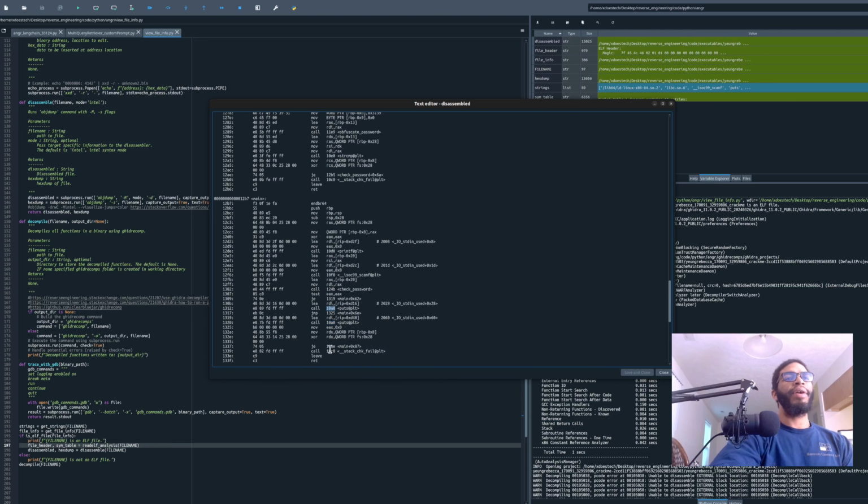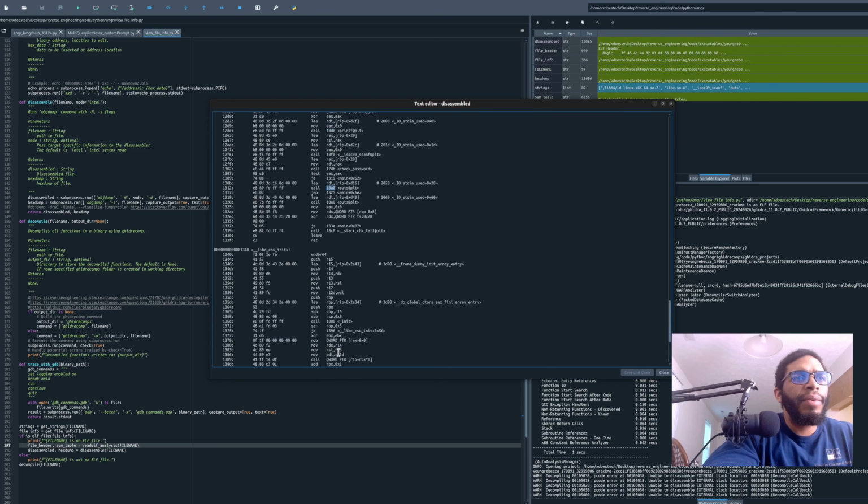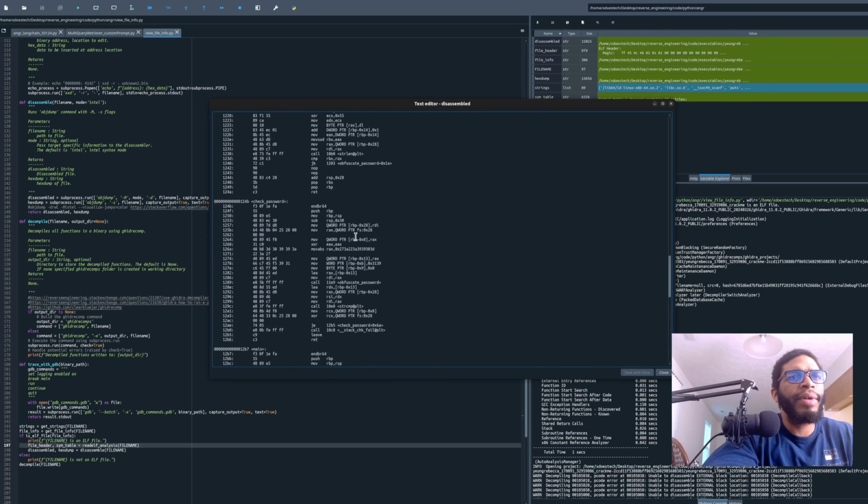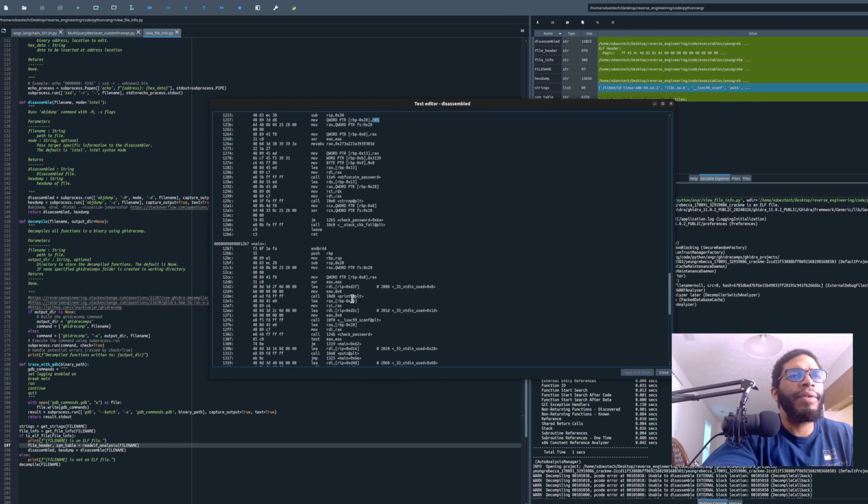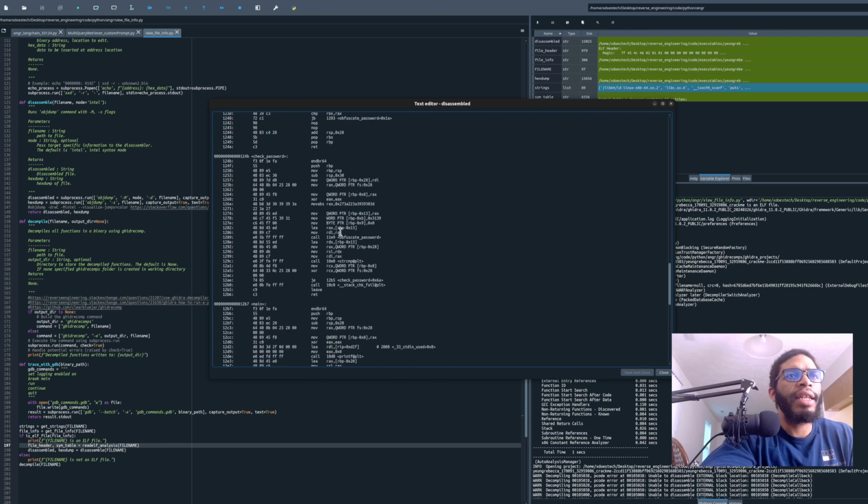So it looks like we are going to do some checking of a password. We are going to be doing some input, and we're going to see some print stuff a couple times. Otherwise, we have the check password here. When we go in here, we're going to set things up. We're going to move what was in RDI, which we found down here. That was something in memory, is going to go into RDI. So we're going to take that thing out of memory, take a quick look at it. We're going to set the EX to 0. We're going to move this address into RAX, and we're going to then move that somewhere else on the stack,